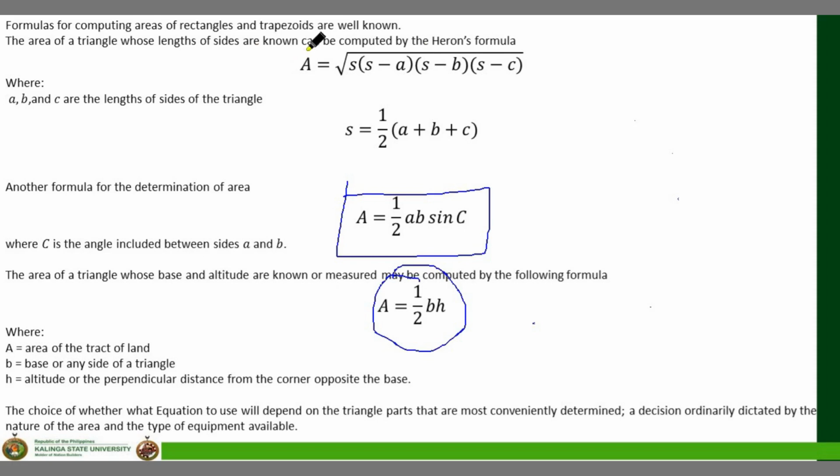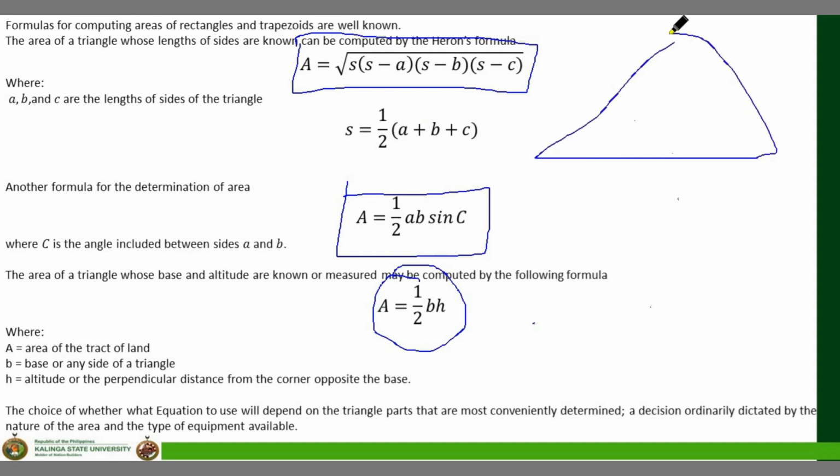Another equation we are using for the determination of the area of a triangle is the Heron's formula. You also encountered this during your high school, wherein Heron's formula, the area is equal to the square root of S multiplied by S minus A times S minus B times S minus C. Wherein your A, B, and C are the lengths of the sides of the triangle. So ulit, if this is a triangle,